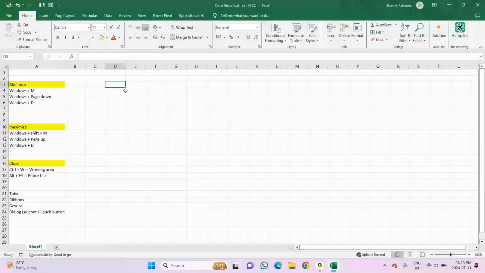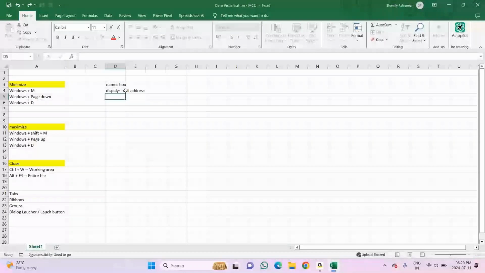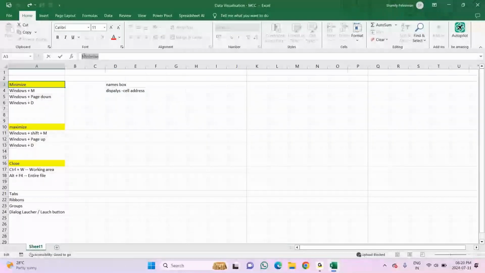Then again, I'm selecting this. Okay, before that, let me copy this. Then I'm selecting this, copy. And now, sorry. After selecting this particular range, I'll go here and name it close. Okay, now see, when I'm selecting somewhere else, wherever I'm selecting, that cell address is displayed. Even here where I have typed, but if I'm selecting individual cells, it shows the cell address.